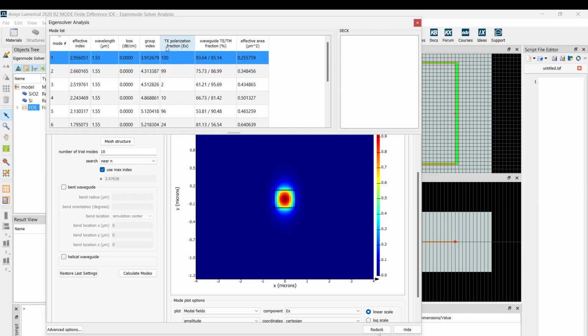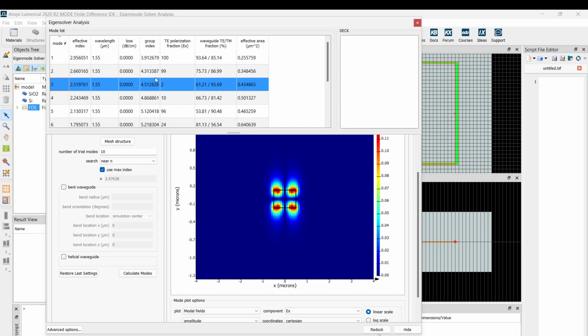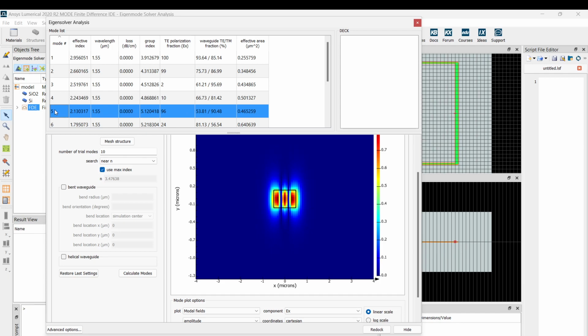And you can see that the TE polarization fraction is 100. That means it's a pure TE mode. And then there's a second TE mode, 99, again close to 100. Then the third mode is 2, so that means it is mostly a TM mode. And then there are more quasi modes, like a mixture of TE and TM.